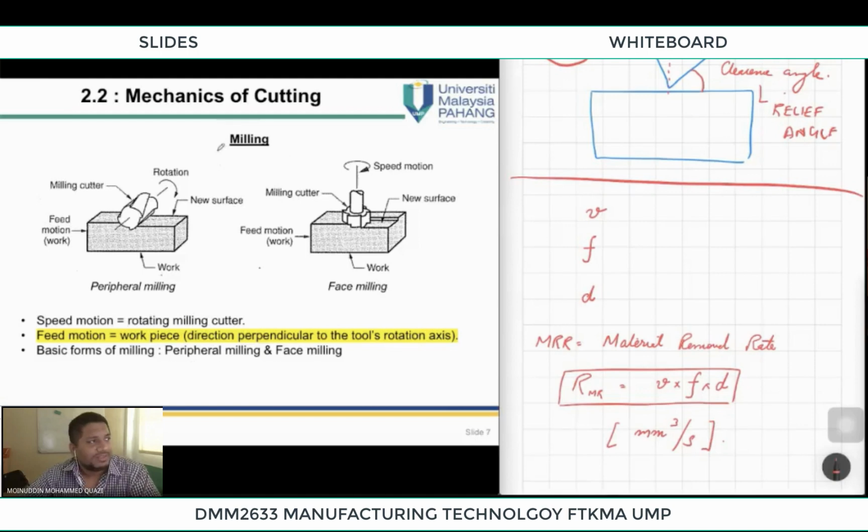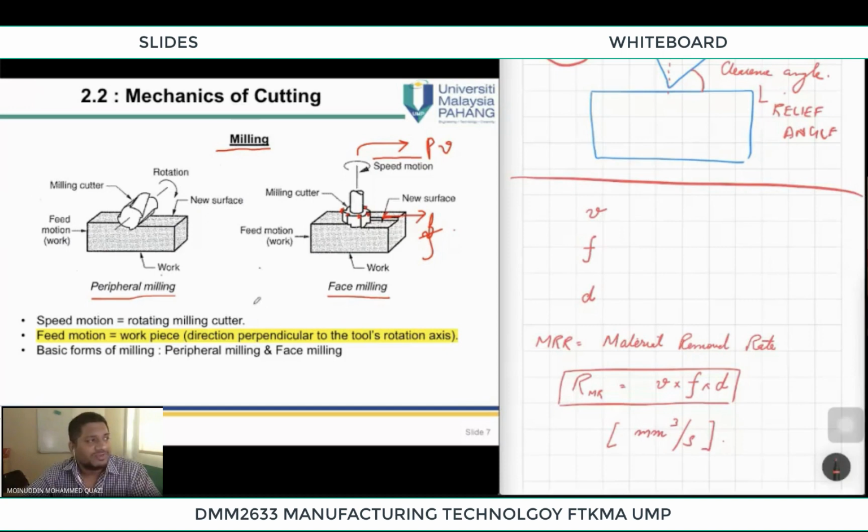Let's move to milling. So in milling, the workpiece is stationary. The multiple edge cutting tool is present. You can see it has multiple edges, and the tool rotates also, and it moves also. So the rotary motion is the primary motion, the rotation. This is denoted by cutting speed V, and then it is moving in X direction. So this is with respect to feed. This is feed f. Now we have got two types of milling. One is peripheral milling, and number two is face milling.